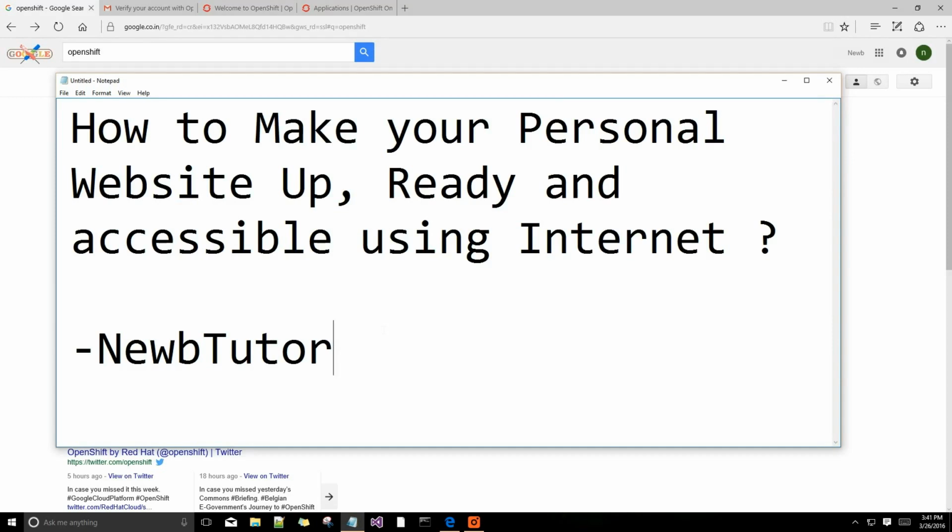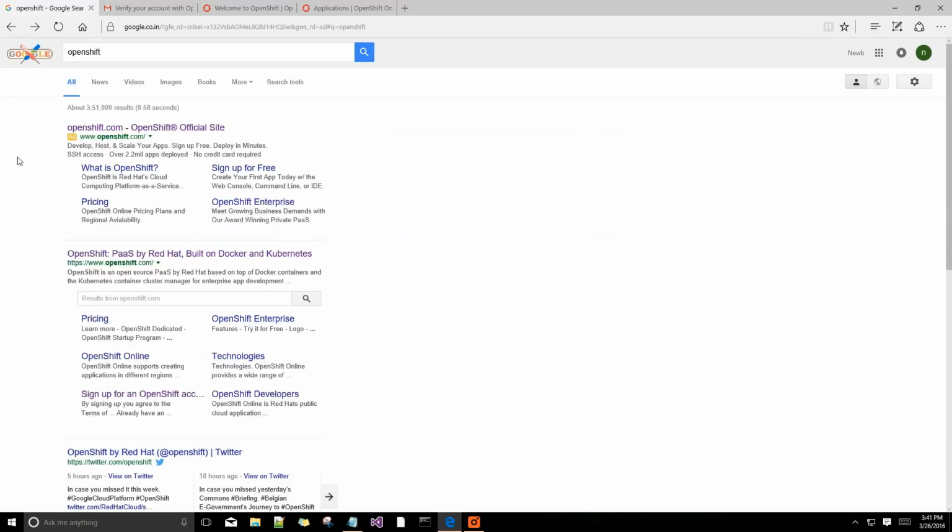To make a website or HTML application online, you need a web hosting server. It is basically the container where your application will reside. So for that I have chosen OpenShift. Why OpenShift? You can just Google it out, you will have hundreds of answers. I am here to tell how.